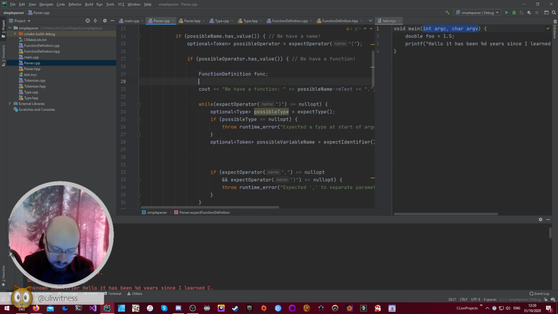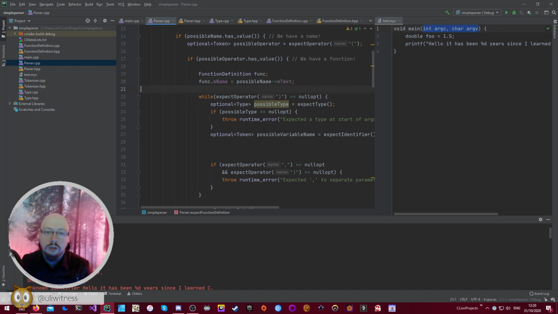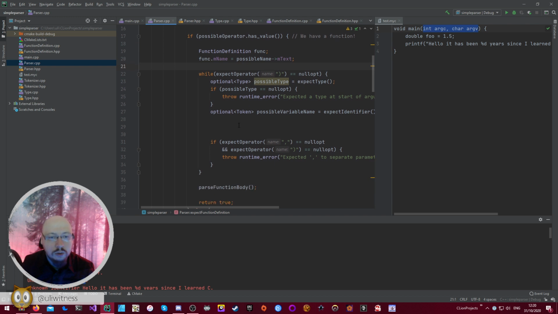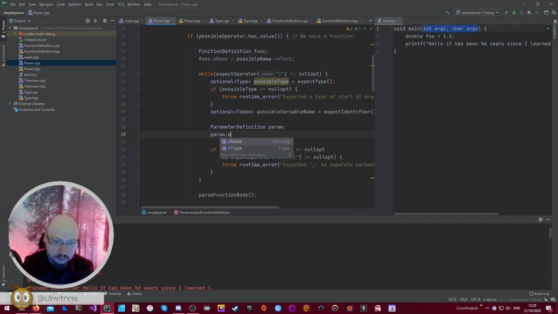So func, and now func.name equals possible name text. All right. And now parameter definition param, name equals, type equals possible type name,